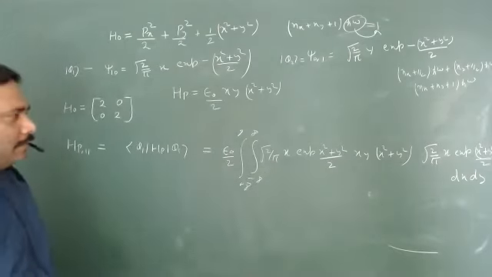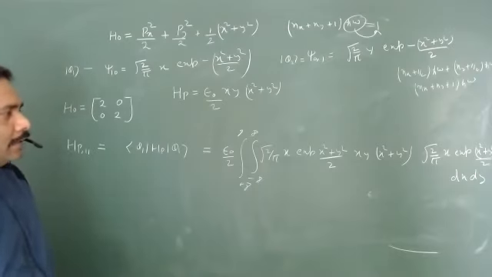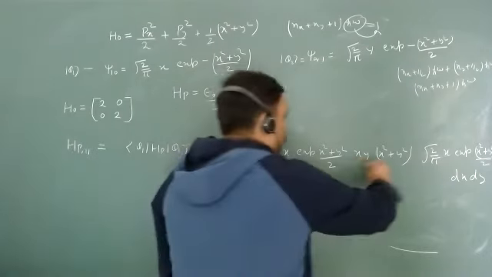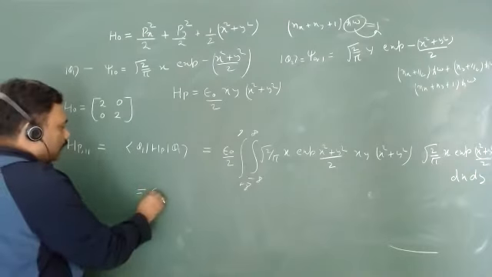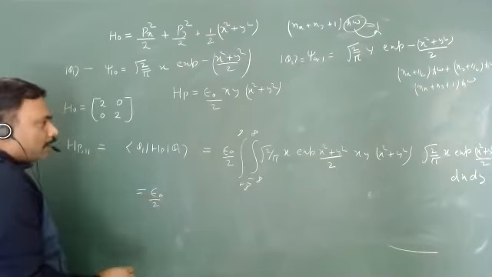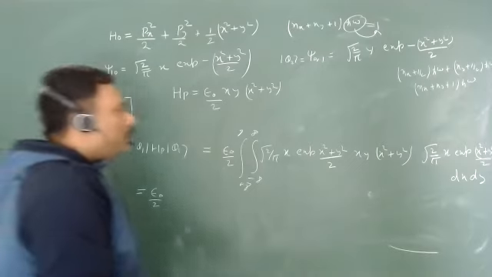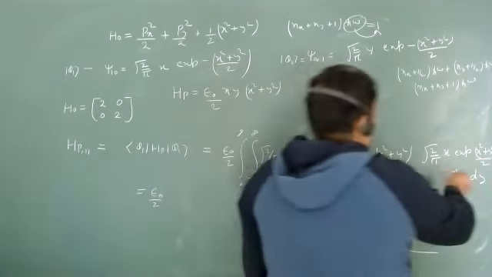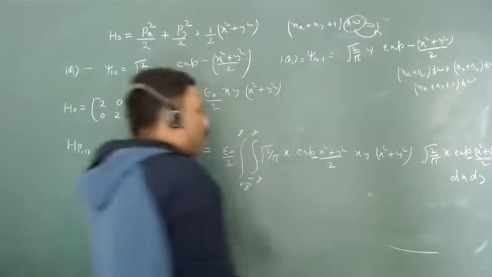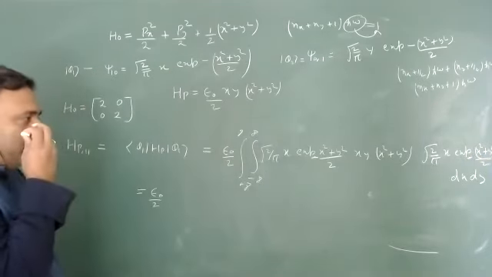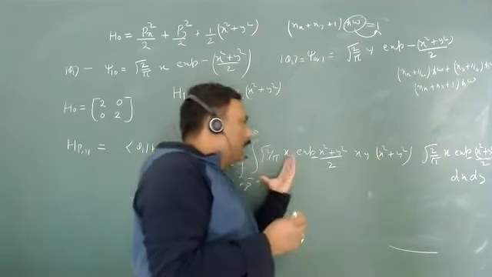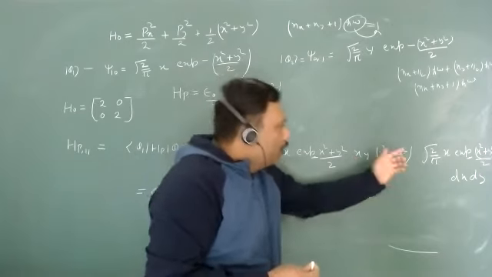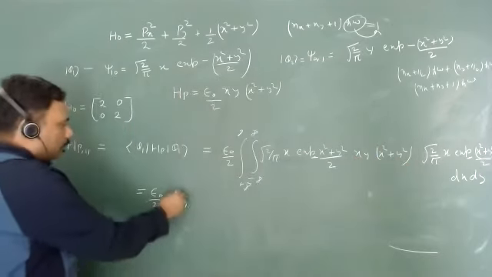What will be this integration? Let us just divide it into 2 parts, otherwise it is not solvable. It is a little bit lengthy integration. Epsilon upon 2 is here. E to the power minus, yes, obviously. So what will be my first integration? This will be multiplied with this one, then one integration will be there. This will be multiplied with this one, then another integration will be there.